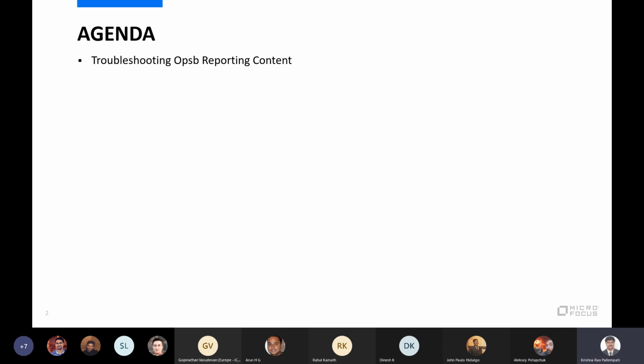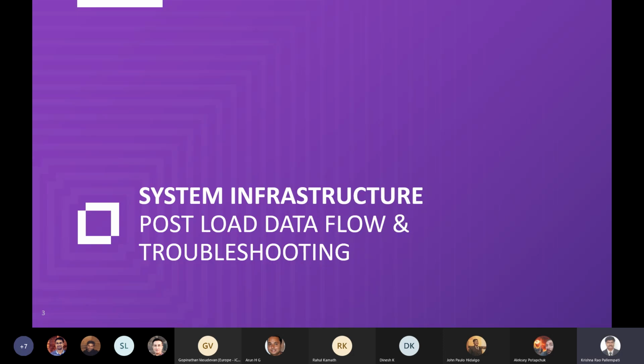Let's move on to one of the content packs, the system infrastructure content pack, and how the data flows the moment you install our Offspace suite content. Offspace suite content also will be deployed automatically. Once the content is deployed, we ask you to do the post installation tasks.